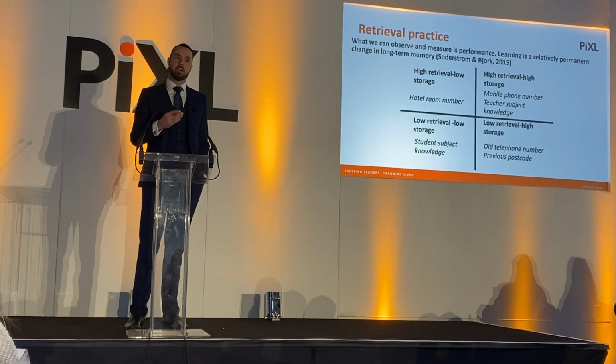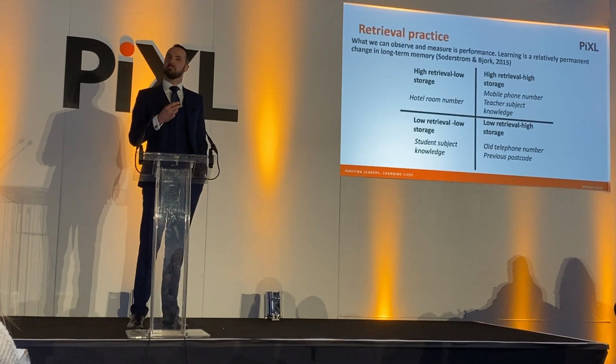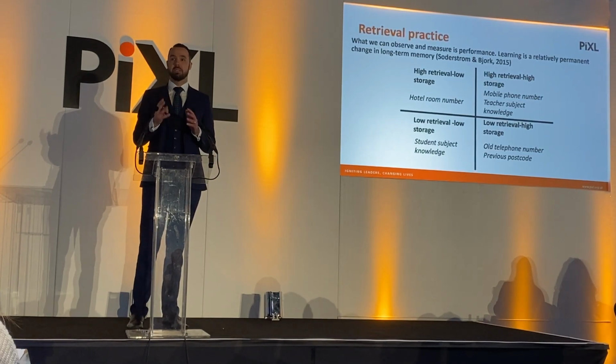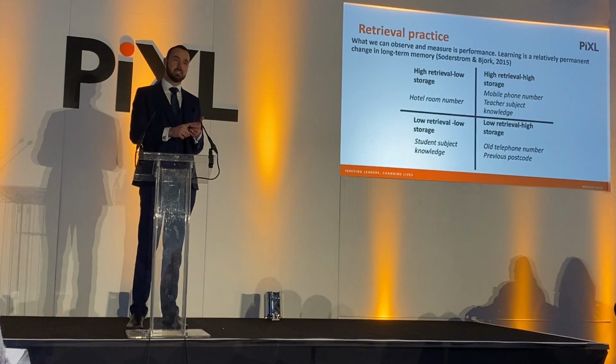Every single student in that room can remember their mobile phone number without hesitation, really easily. And they say to me, well, it's because it's important. But actually, the principles of how they learned that mobile phone number are the principles of how anybody learns anything. It was through lots of retrieval practice over and over again,